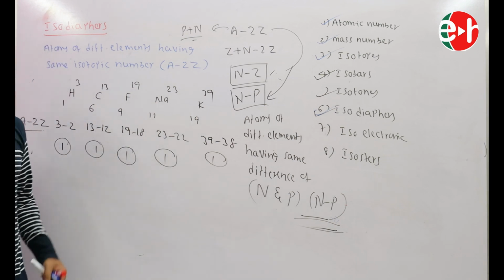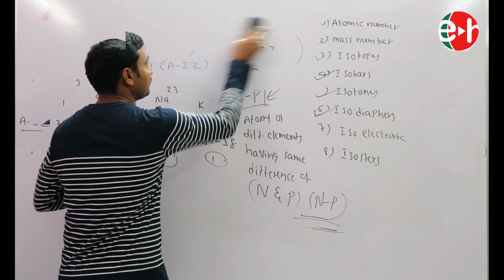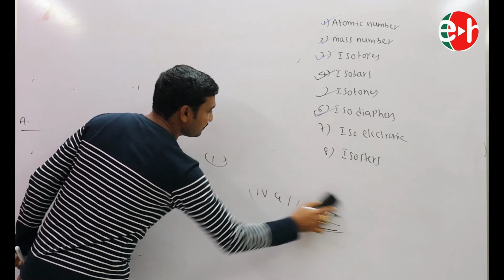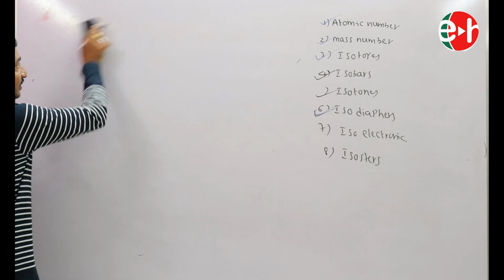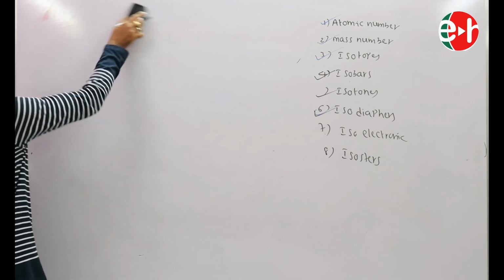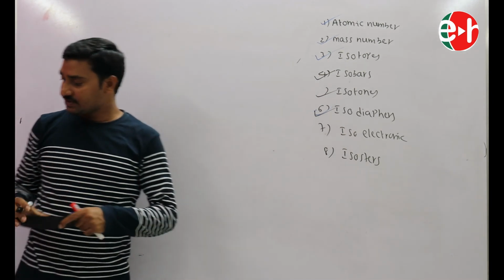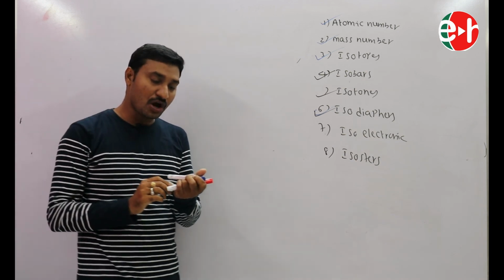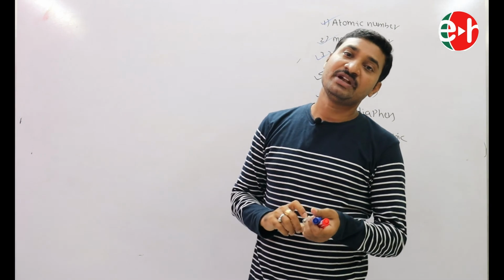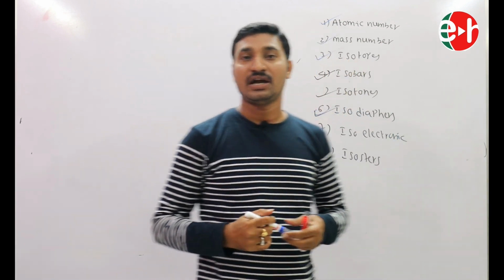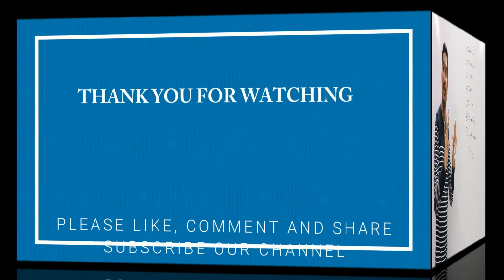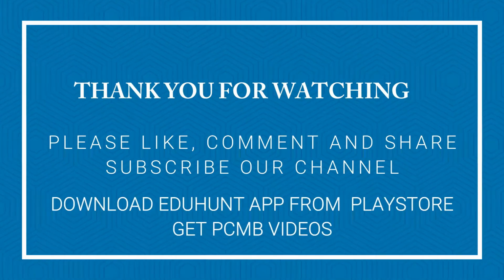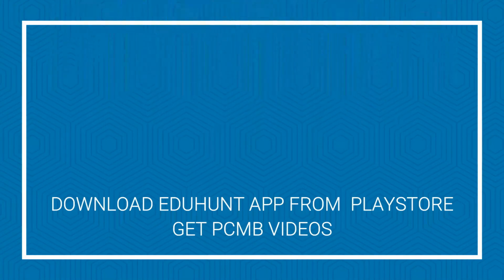Next, isoelectronic species. Isoelectronic species means, see, atoms or ions or molecules with same number of electrons. Isoelectronic means finally same element